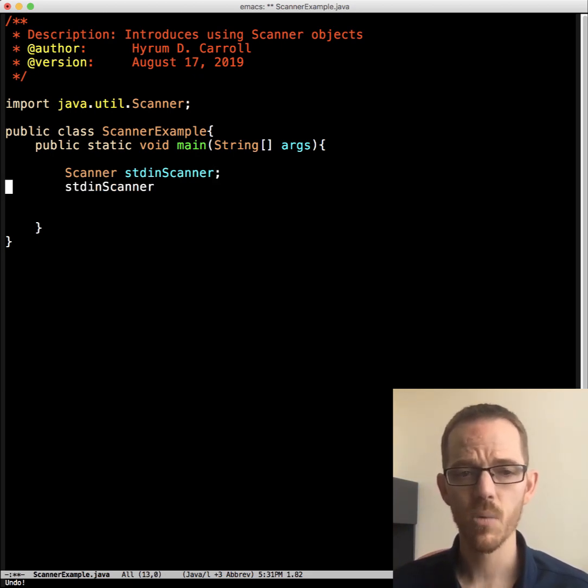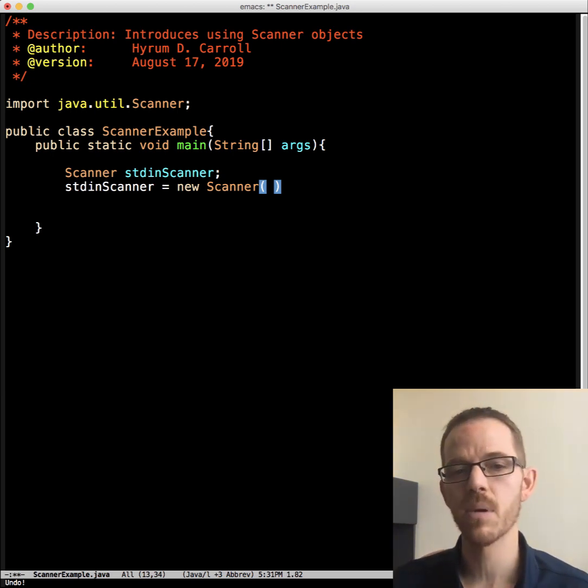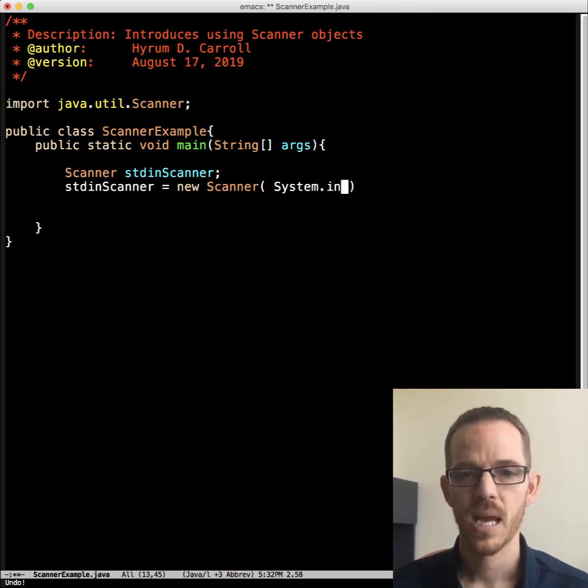So we need to create a new Scanner object. We do that with the assignment operator, calling new, which calls the Scanner's constructor. We need to pass in what stream we want to scan from. For many programs, the stream we scan from is the keyboard, or standard in. So we use System.in from the System package.